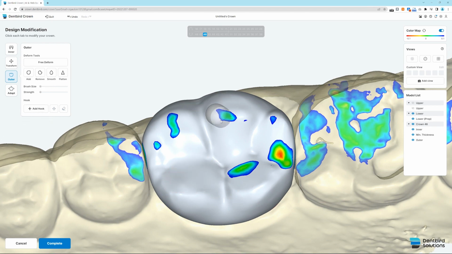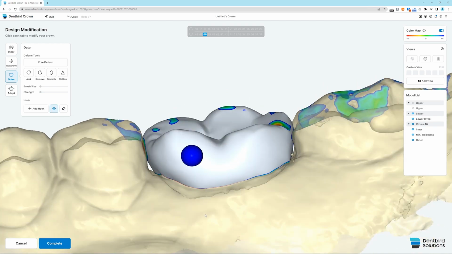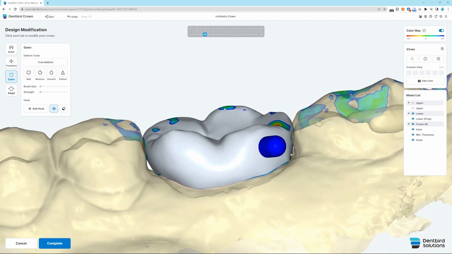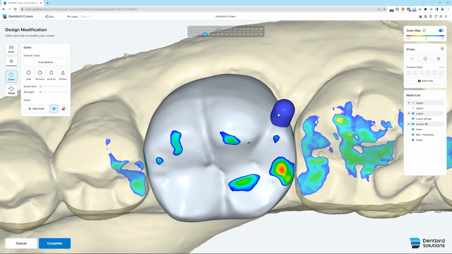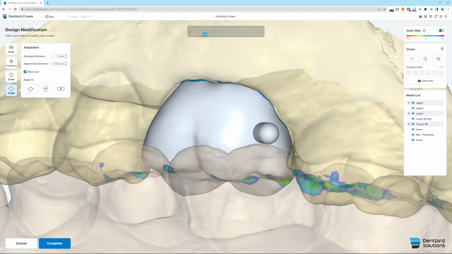You can also add a hook on the crown as a handle and change its position after attaching it. Move it to a completely another side. Then lastly, in Adapt, you can adjust the proximal and occlusal distance.